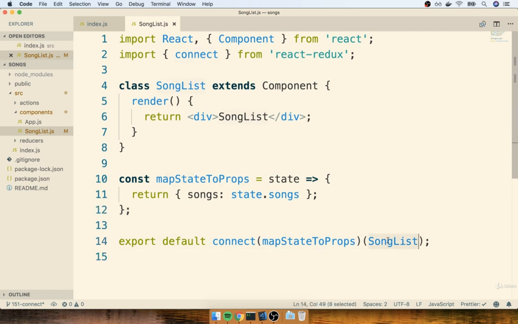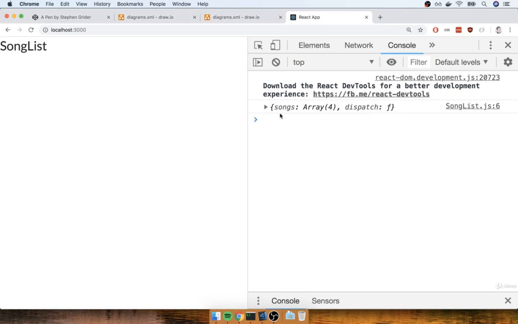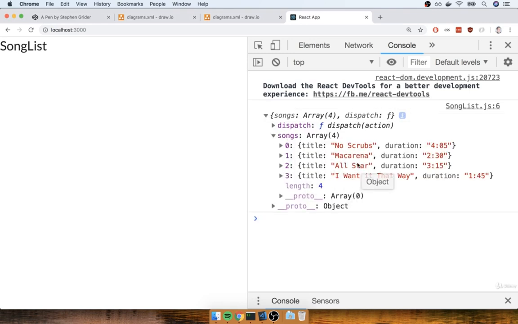All right, so without further ado, inside of my component, I'm going to try doing a console log of this.props, like so. Let's just see what data shows up inside that component. So I'll flip back over, and now here's my props object. I see my list of songs. There's the list of songs right there. And then you'll notice that we also got a reference to the dispatch function from our Redux store as well.